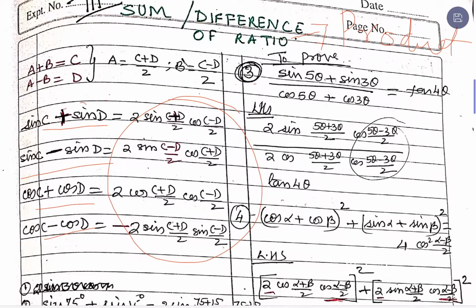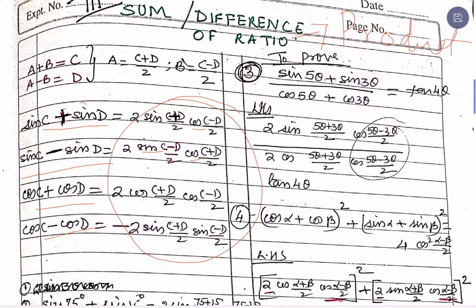The 3 factors are 2 is common, 2 is there for every expression, and then it is a sine or cos combination with the angles attached as half the sum, half the difference. So, if it is the sum or difference between sines, we have both the ratios associated to it, that is sine and cos with half the sum, half the difference.